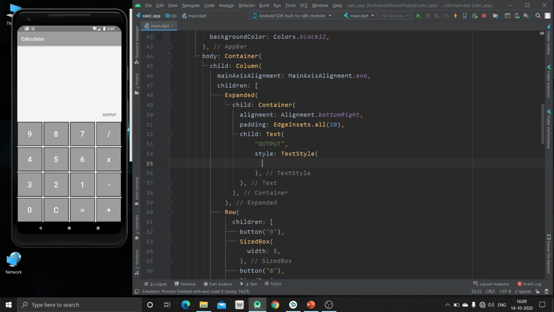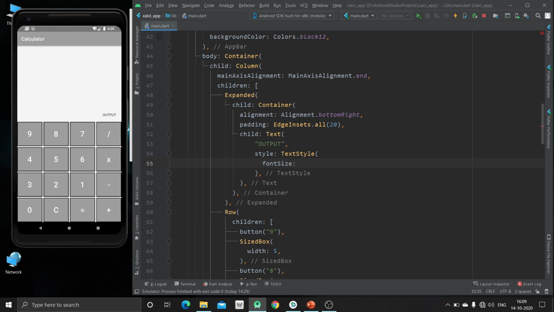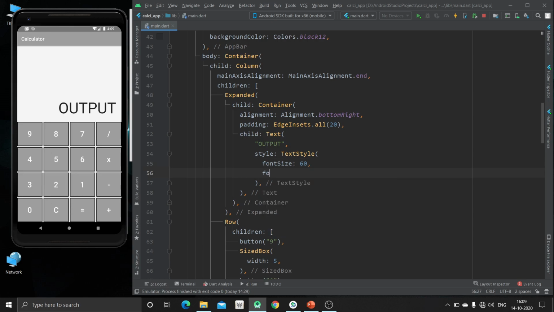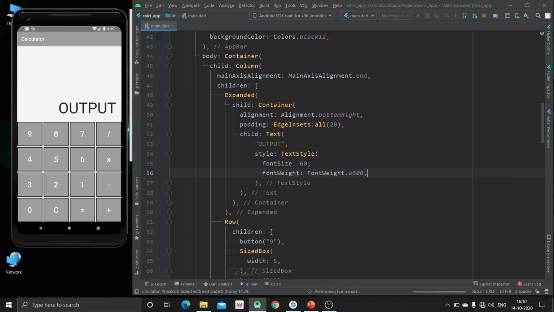So now the font size should be somewhere around 60 or 50. Yeah, that's perfect. Now we will increase the font weight. Font weight dot bold, yeah, it's good. Anything else? No, it doesn't require.